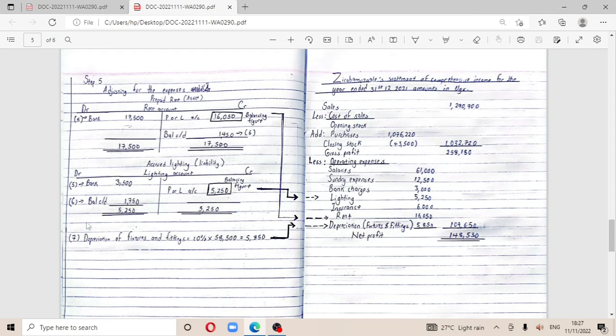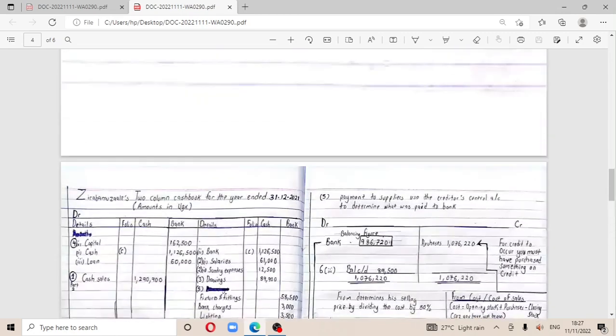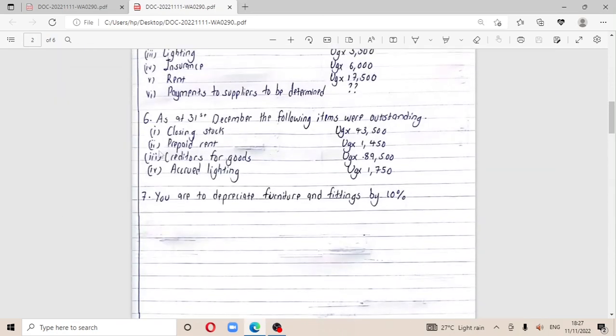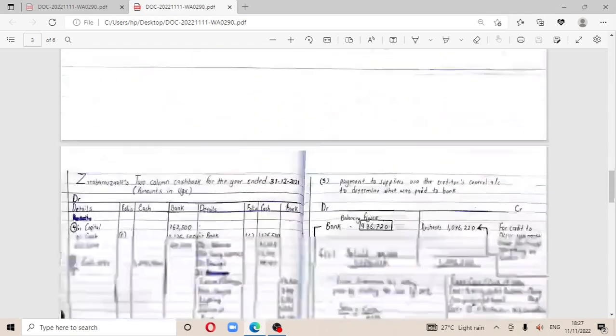And these figures, you got them from the question from point 6. So point 6, you go and check. This is where I get this figure, and this side is where I also get this figure. So we can go there and see point number 6. So you can see prepaid rent and accrued lighting as at 31st December, and this is what I have gotten. So having done that,